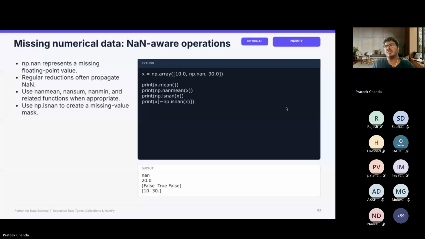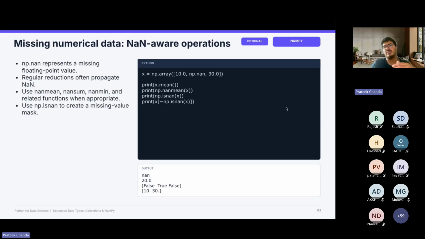Another important thing is about numerical data where you have missing values. There is this thing called NaN. NaN is basically used when you have a missing value in the data set, or even in neural network training, when certain weights or parameters in the network go beyond a high threshold.